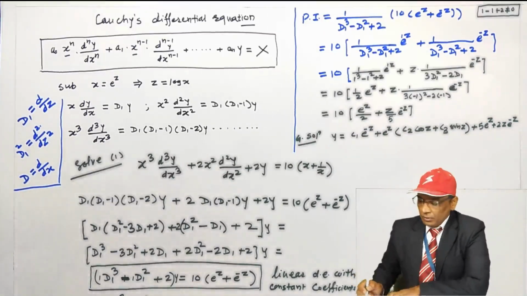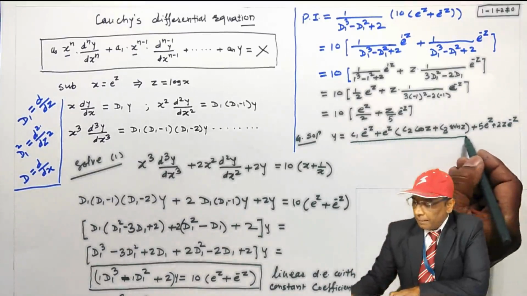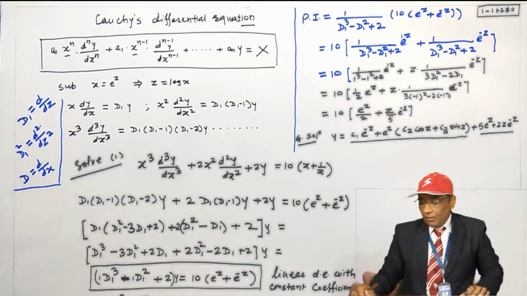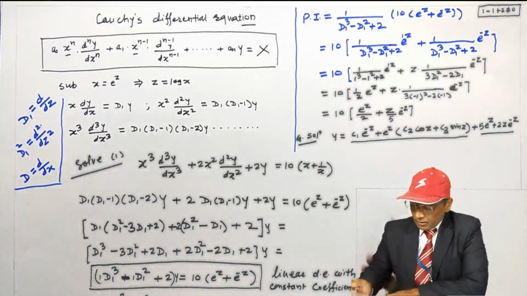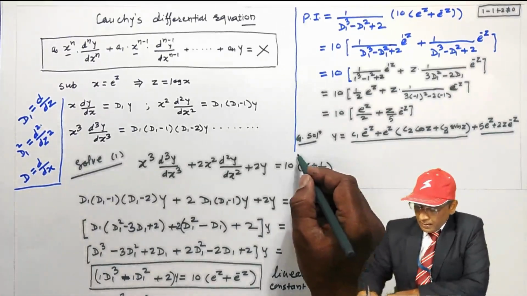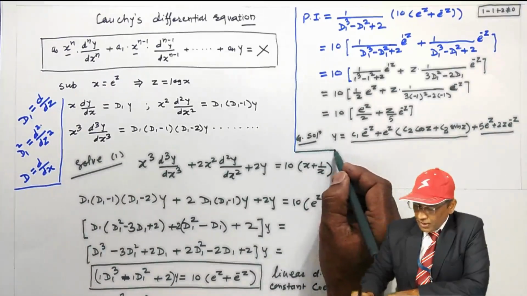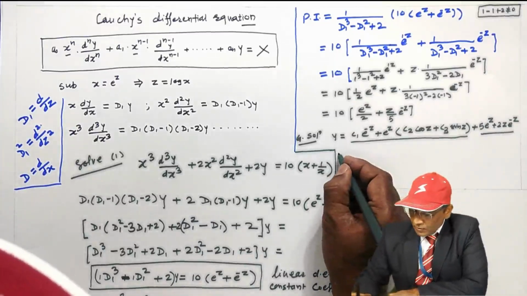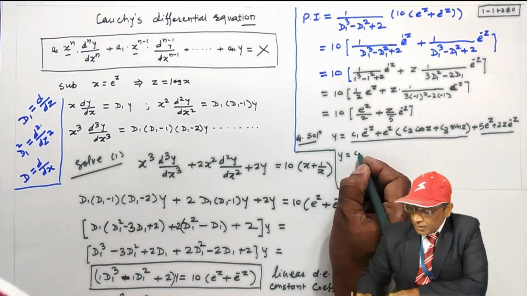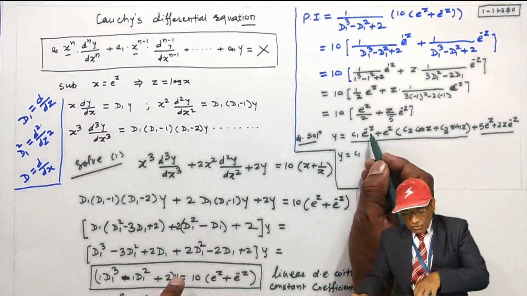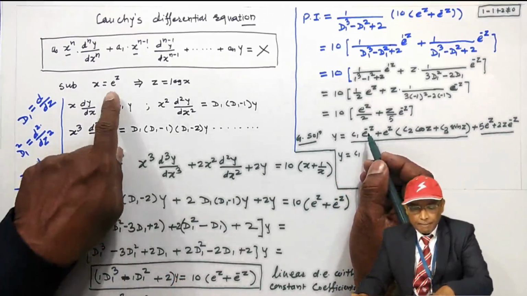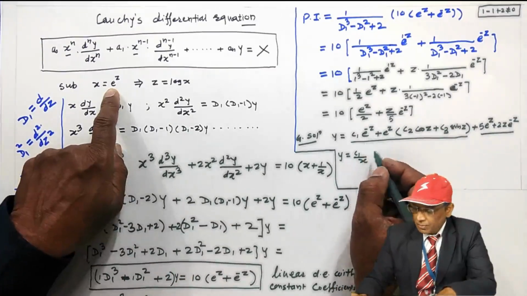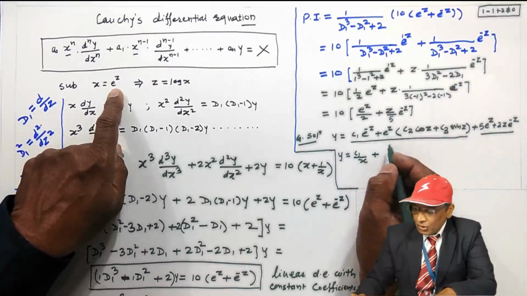Okay. So this is the complementary function, this is the particular integral, right? Now finally we have to put the value of z, because the given differential equation is in terms of x and y. So it is very clear, we have to find the solution in terms of x and y. Y equals C1 e power minus z is what? See, e power minus z here is 1 by x. E power z is what? X.